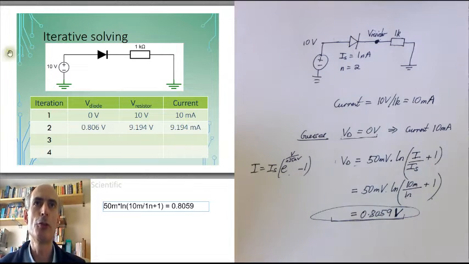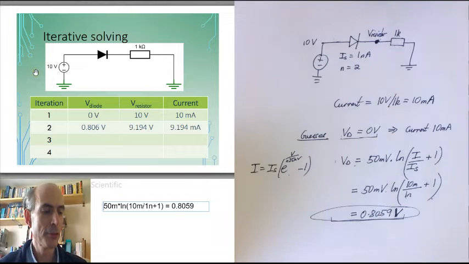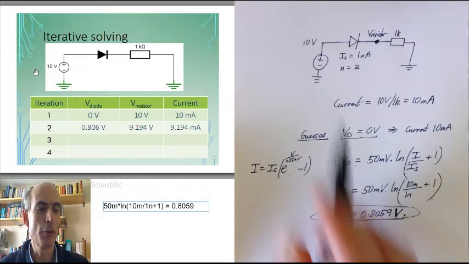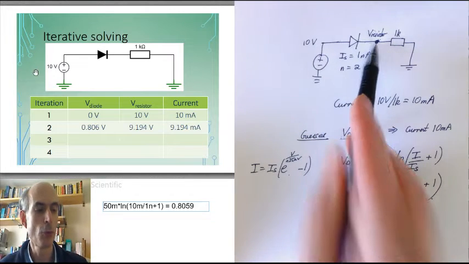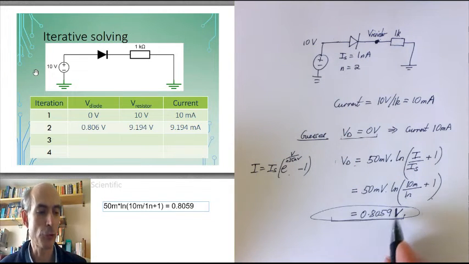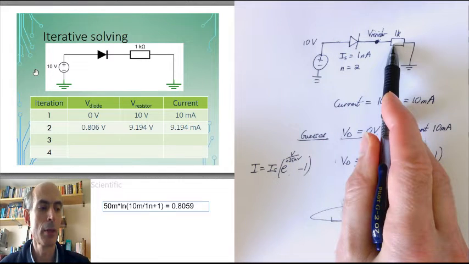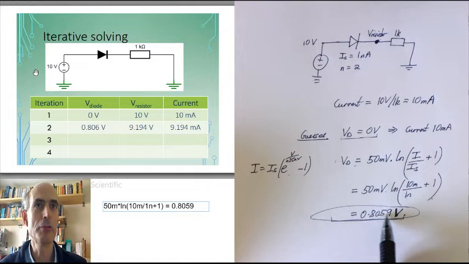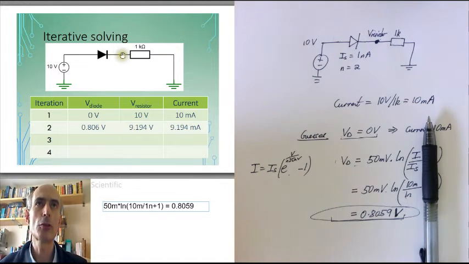I've just put it to 3 significant figures on the slide, 8.06. So we can now do a second iteration. Let's guess that the voltage across the diode is 0.8059 volts. Then I can work out the current flowing through. Well, if the voltage across the diode is 0.8059 volts, then the voltage across the resistor must be 10 minus that,